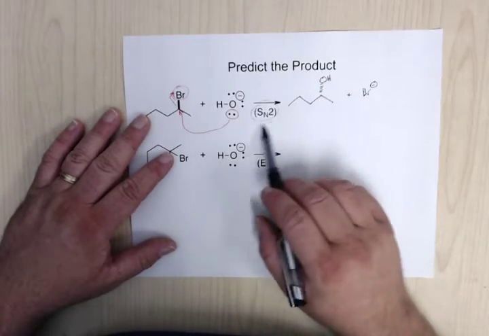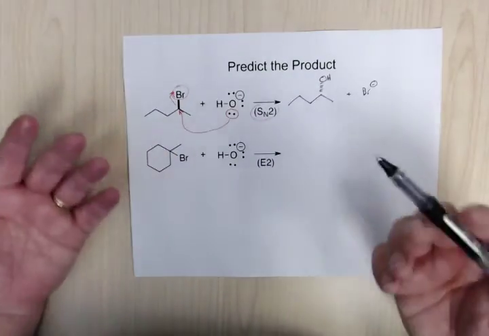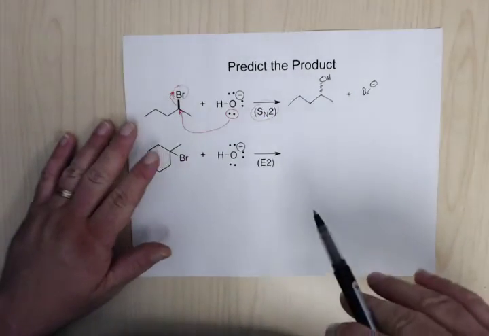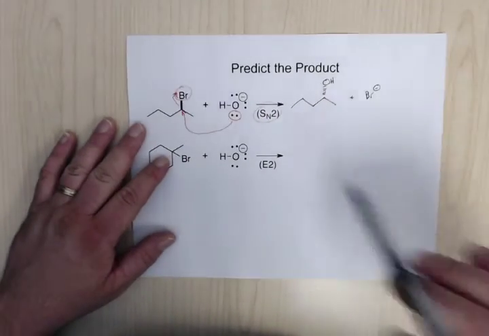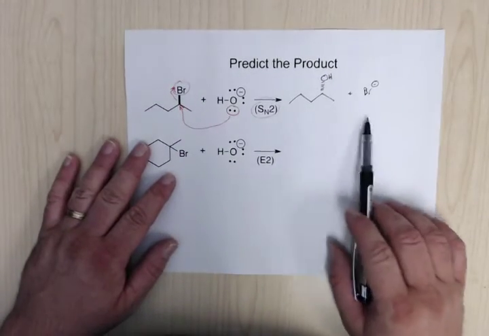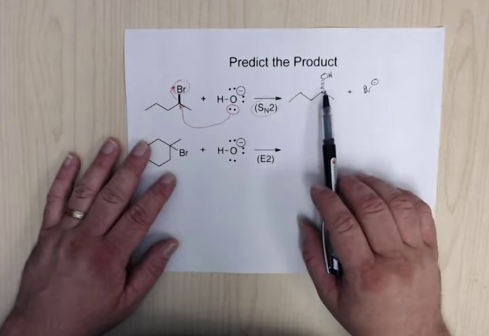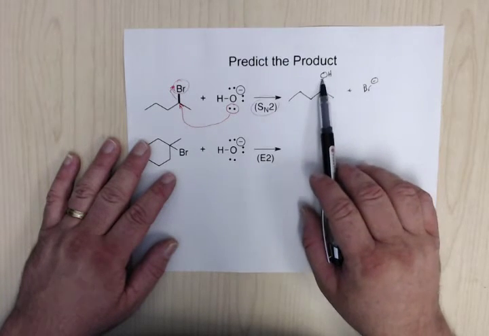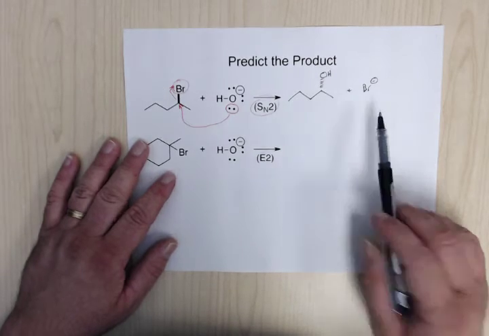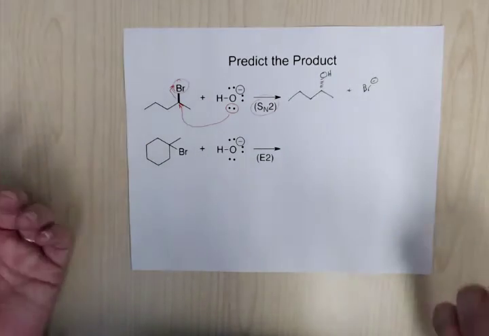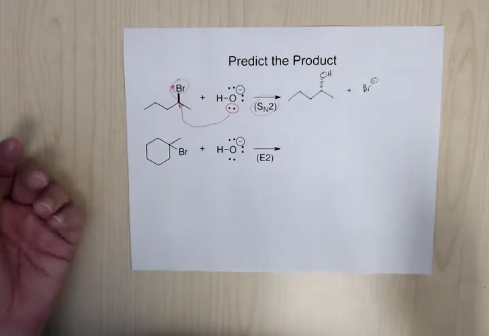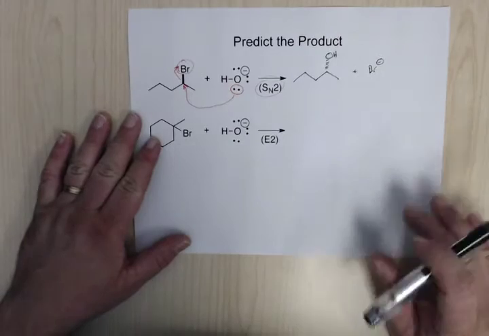If this was an SN1 reaction, remember, because of the mechanism where the leaving group leaves, that flattens out the carbon, and so half the time the OH would come in from the top, half the time it would come from the bottom. So there you get two products, one where you have the OH as a dash, and one where you have it on a wedge. So you get both products, the R and S products, with an SN1. With an SN2, you just get the inversion. So for this one,